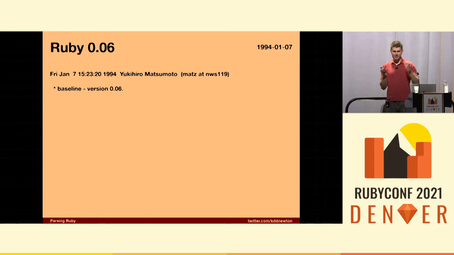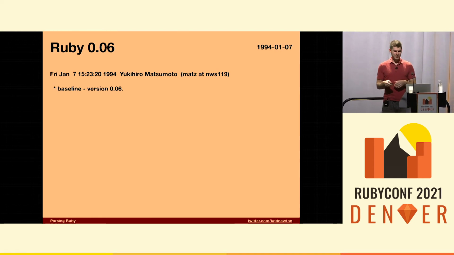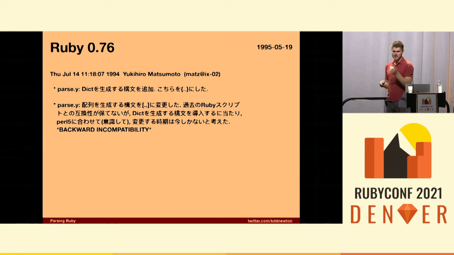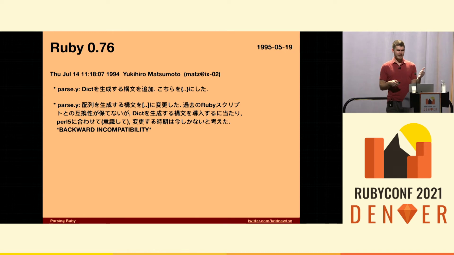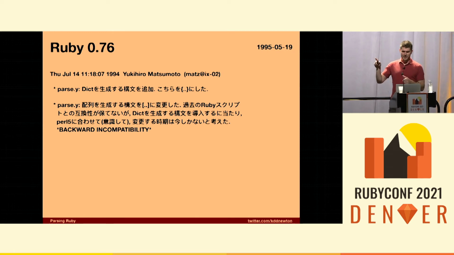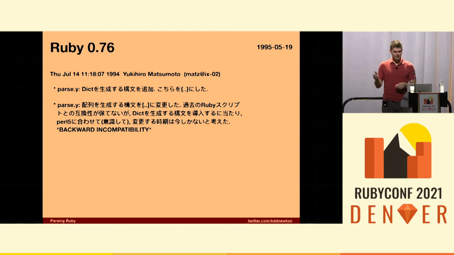For the first pre 1.0, all of the changelog entries are in Japanese. So I had some fun with Google Translate. There's some fun things in here. Ruby didn't used to look like Ruby. Ruby used to look like both Python and C++. The top one there is saying that dicts are hash literals, and he added braces for hash literal syntax, which didn't used to exist. It's a backwards incompatibility because that used to be array syntax back in, whenever it was.